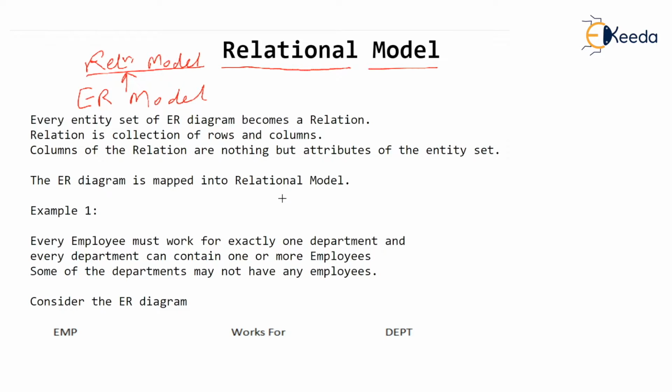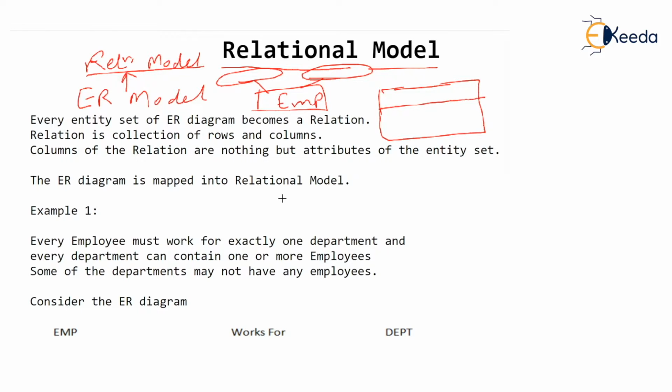Up till now, we were representing entities in the form of rectangles and attributes in the form of ellipses. But in this step, each of those entities like EMP will become a table, which is ultimately going to be stored on our hard disk, and the queries or SQL are going to be fired on this table. By the way, the attributes like EMP ID or name will become columns, and the rows will store the EMP ID, then name, let us say ABC, some abstract name, and DEF, and so on.